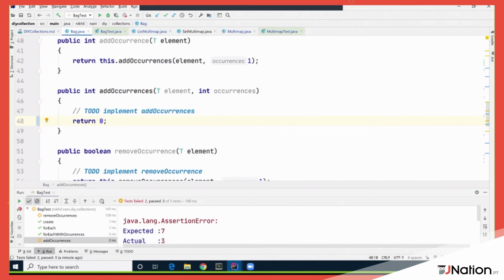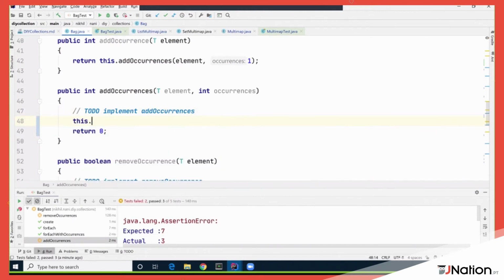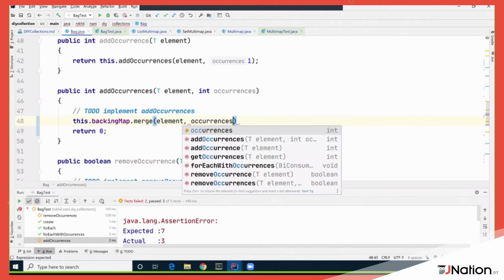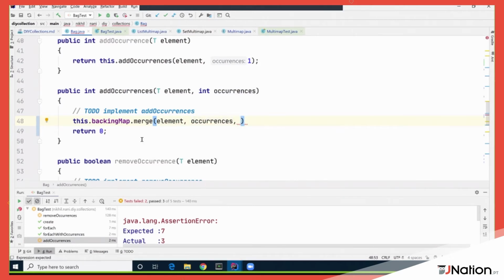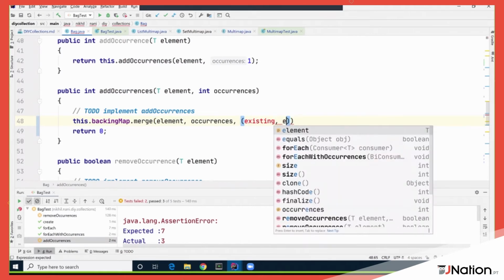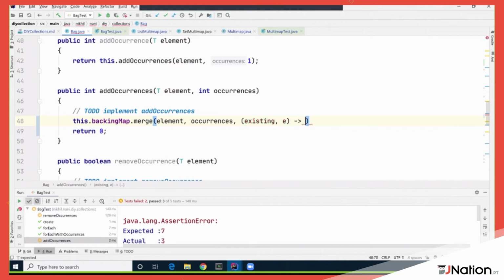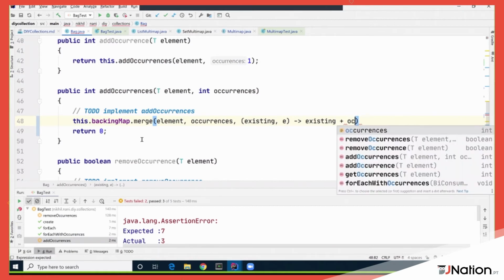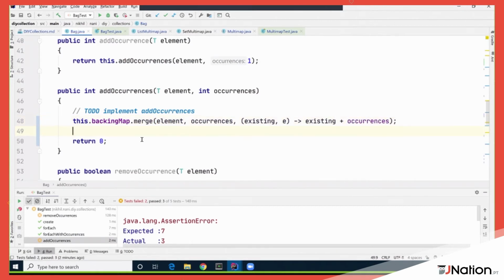If the element doesn't exist, then replace it with the occurrences. Now, if the element exists, existing comma e, which we don't care about the e, if the element exists already, then I want you to do existing plus occurrences. Okay, and once that happens, as you know, we always have to increment our size as well. So size is equal to this dot size plus occurrences, and this time I'm going to do plus equals, because it's fairly straightforward, and then I want to return the output of